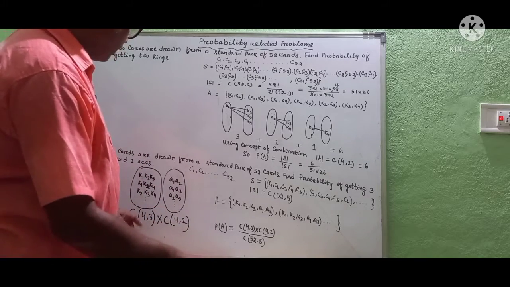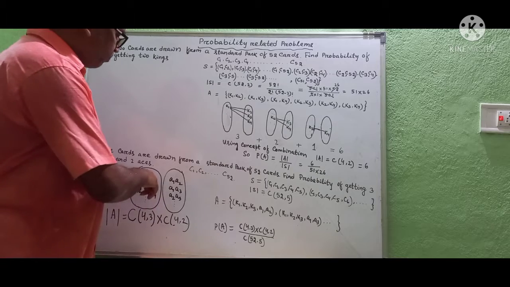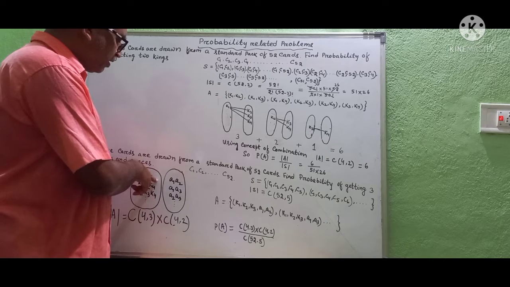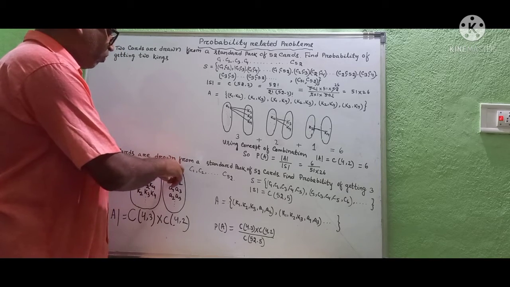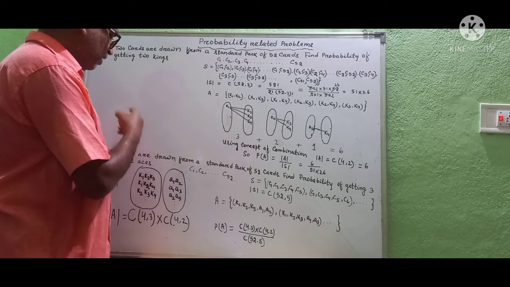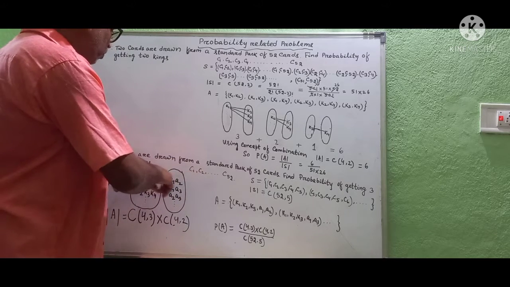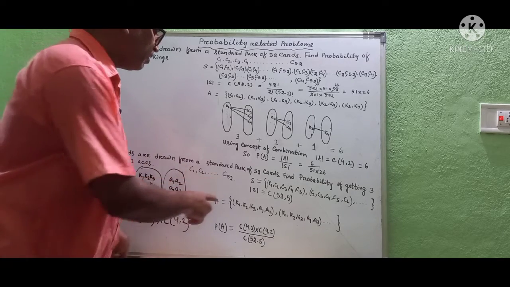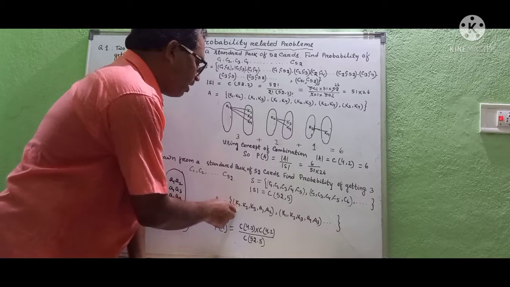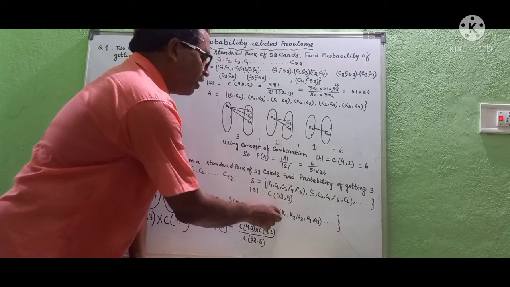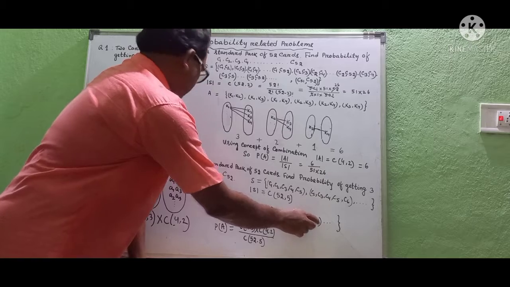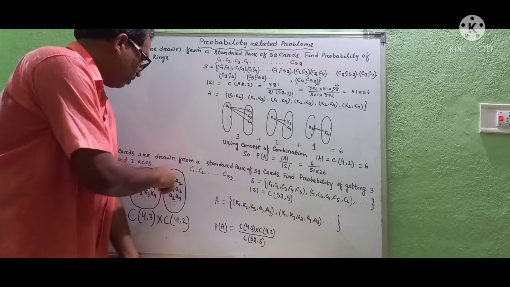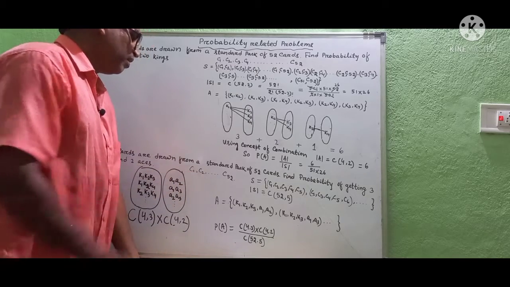So by the counting principle, we are making choices, taking one element from this side and taking one element from this side. So here we are making choices. What will be the result? You see K1, K2, K3, A1, A2, K1, K2, K3, A1, A3. Many possible choices will happen.